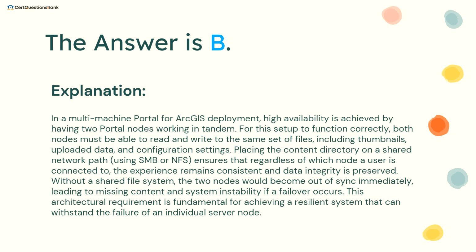In a multi-machine Portal for ArcGIS deployment, high availability is achieved by having two portal nodes working in tandem. For this setup to function correctly, both nodes must be able to read and write to the same set of files, including thumbnails, uploaded data, and configuration settings. Placing the content directory on a shared network path, using SMB or NFS, ensures that regardless of which node a user is connected to, the experience remains consistent and data integrity is